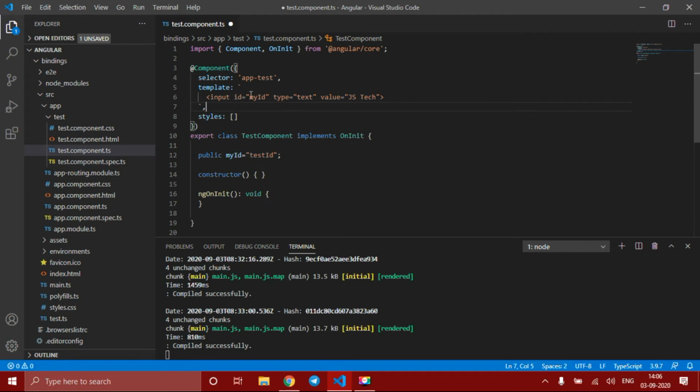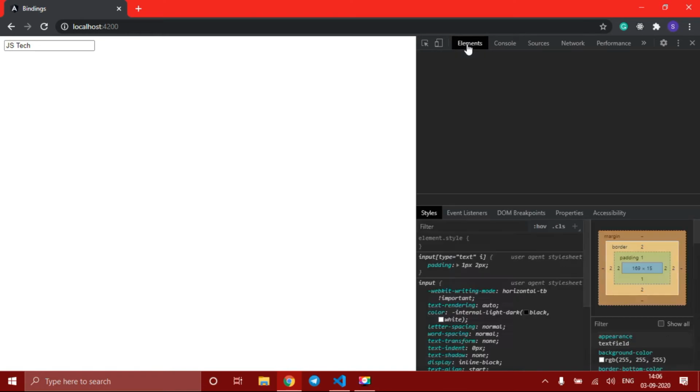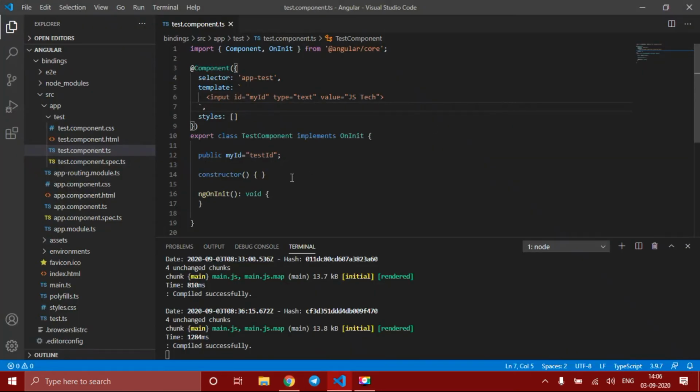To do that, I wrote myId here. Let's see the output. I just saved it, and if you check the elements, you can see id equal to myId. What's the meaning? It's not binding. This property is not bound here, so we get only myId as the output, but we need testId.